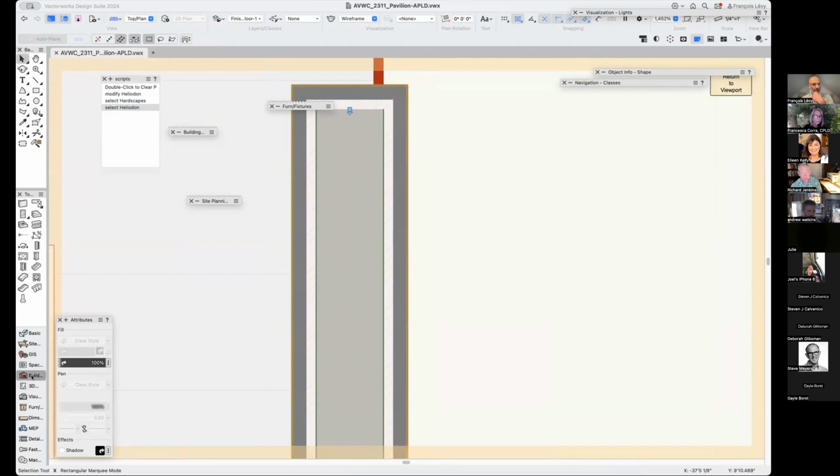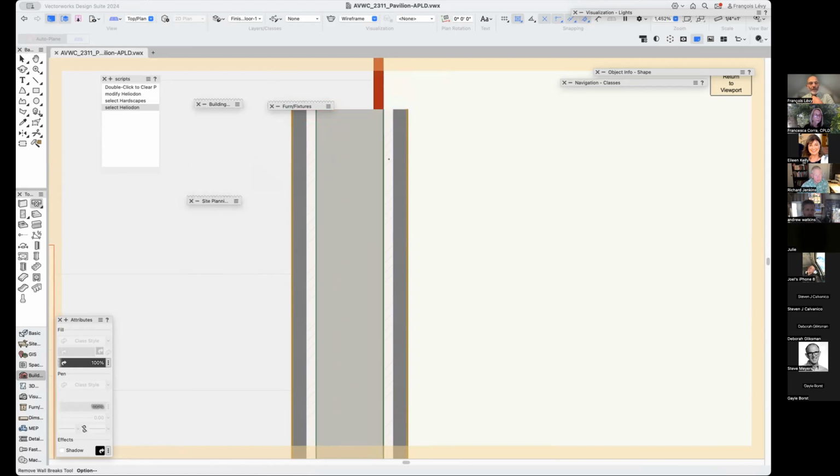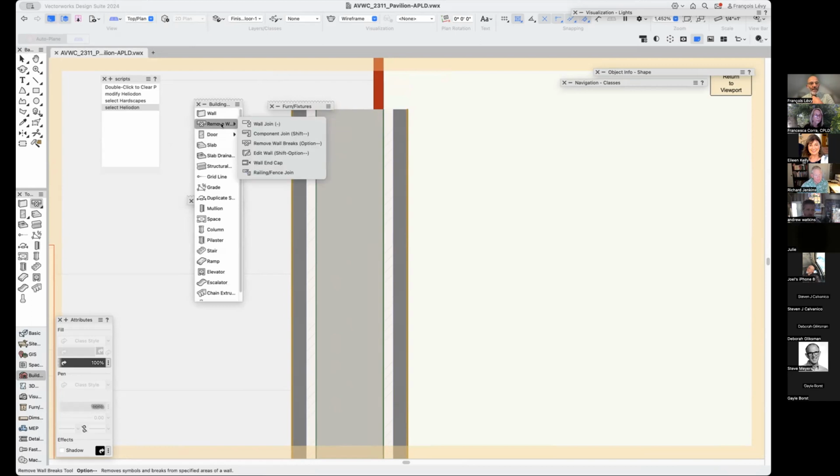So in the building shell palette, there's a wall, and it might be in a slightly different place in your workspace, but there is a wall end cap tool. So let me just remove wall breaks and get that off of there. So that's what a wall would typically look like. But with the wall end cap tool,